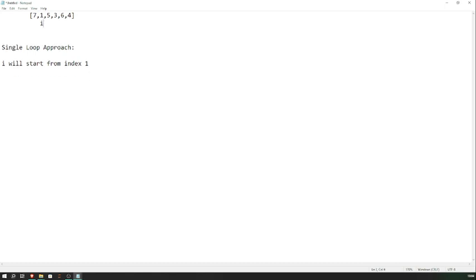Okay, we will compare if ARR of I is greater than ARR of I minus 1, so one position before I. Okay, and if this is true, then